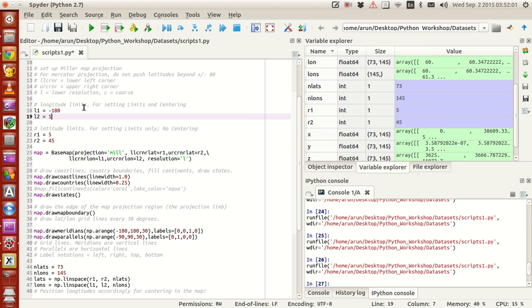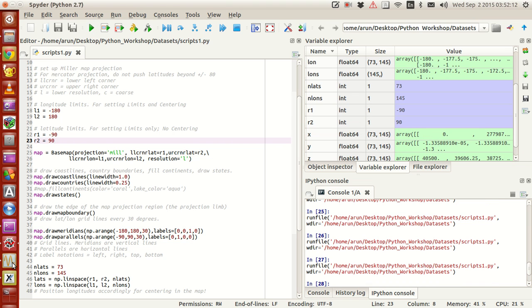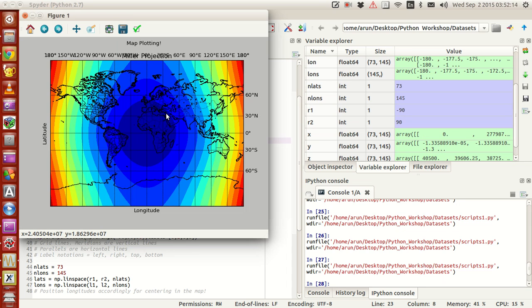180 and this is minus 90 and this is 90. Now if I run this up, this is how it is. Let's say you want to map Europe. So for that, if